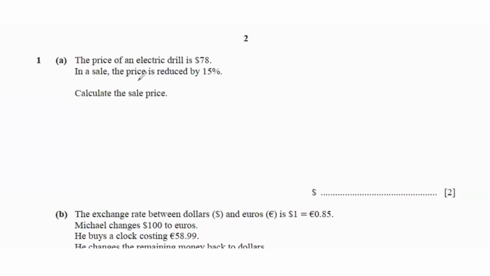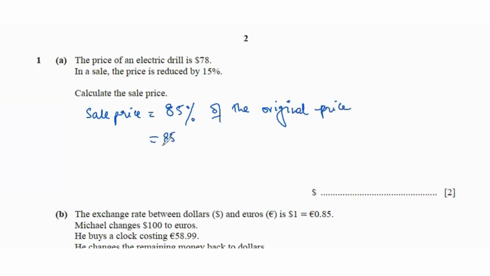First question says that the price of an electric drill is $78. In a sale, the price is reduced by 15%. Calculate the sale price. If the price of an electric drill is reduced by 15%, that means the sale price is 85% of the original price. So what we will do is, we will find 85 over 100 times 78, which is